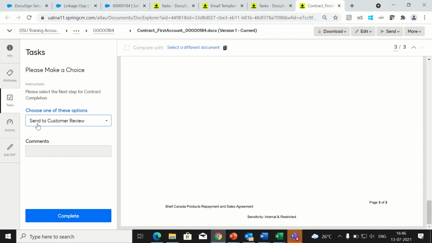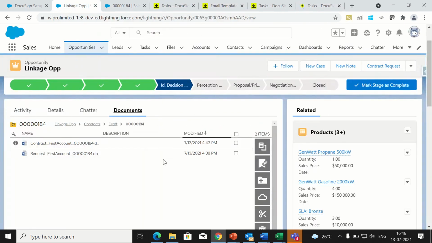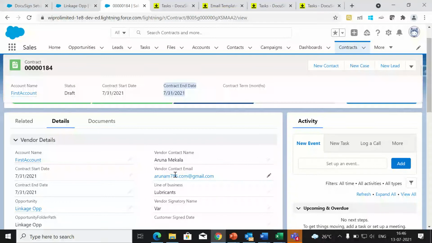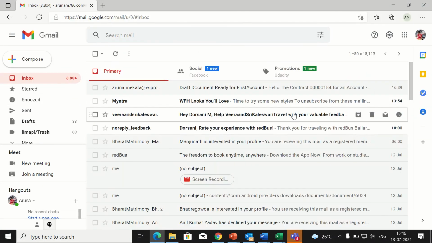Once it is sent for customer review, the customer will be Aruna Mekala only, as you can see here. So this is the mail ID I will be getting. For this mail I will be getting a mail that I got my document for customer review. I'm just refreshing. It will take some time to get the notification.